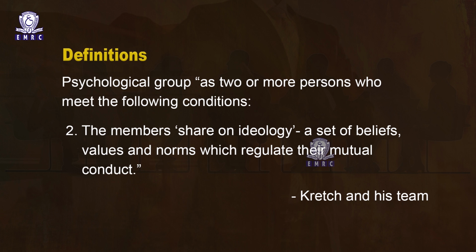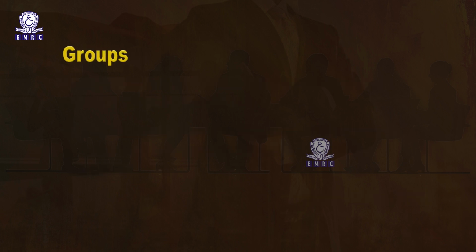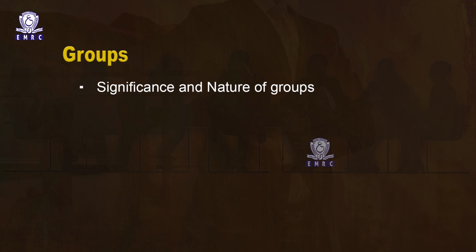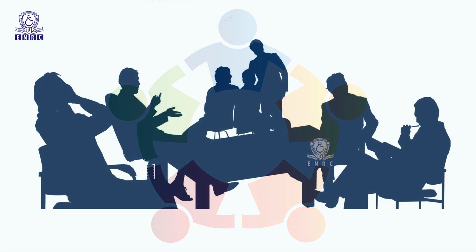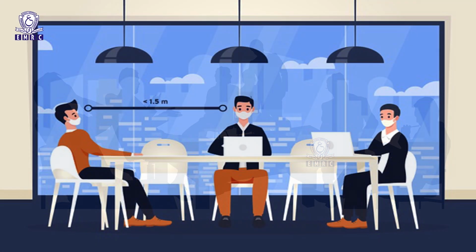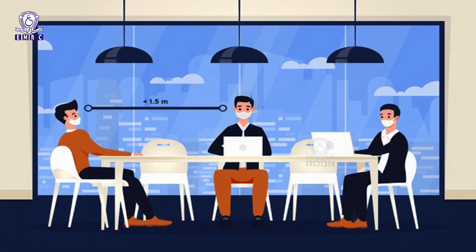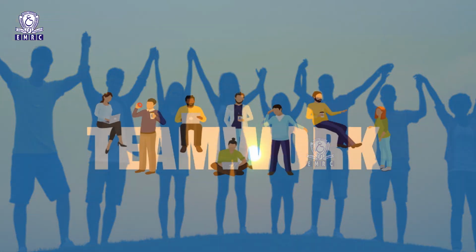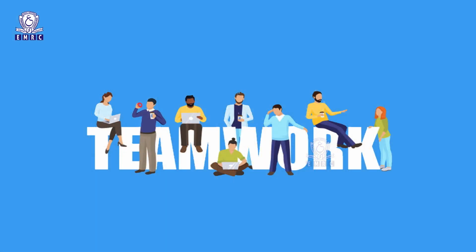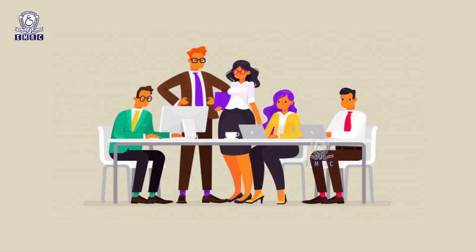Now, this definition is typically focusing on the nature of groups. So, now let's try to understand the nature of groups. There are different types of groups which are created for different purposes. Now, these different groups help us meet different human needs, like for example, to affiliate, which means to belong to and connect to others. And the second is to achieve something and even to gain a social identity by having membership in a group.